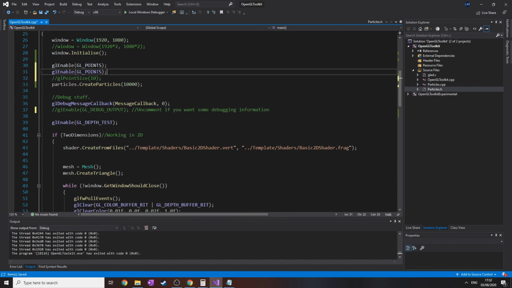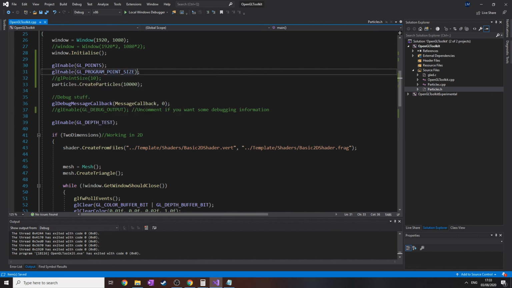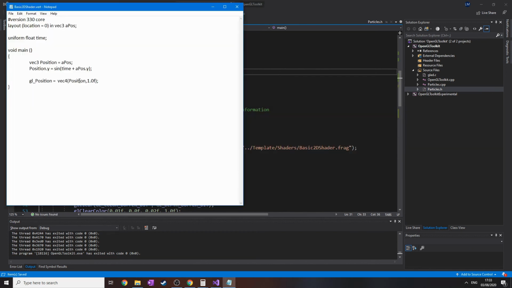I'm going to duplicate this. GL point size. Is it program? GL program point size. There we go. And that means we can control the size of the points inside the shader. So if we say GL point size equals, let's say 10